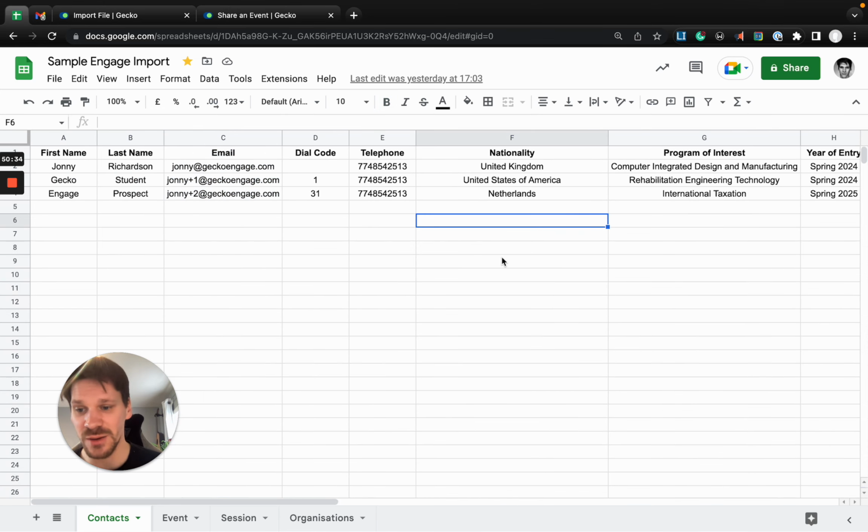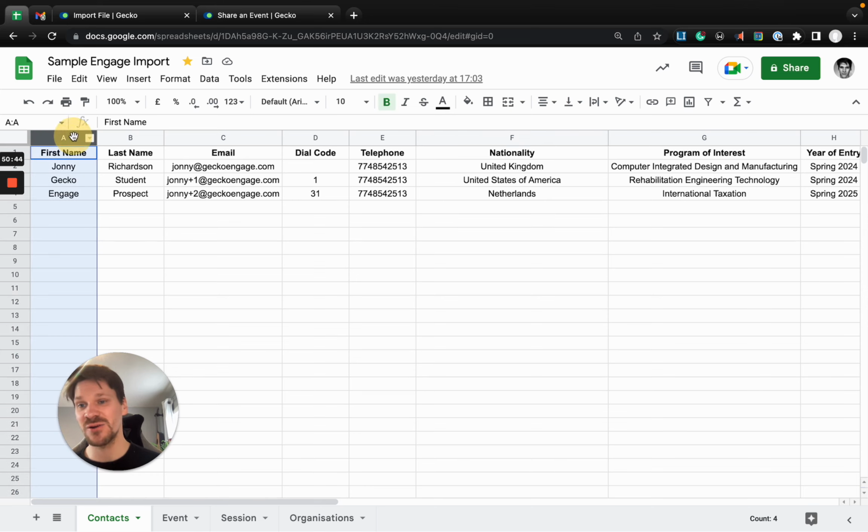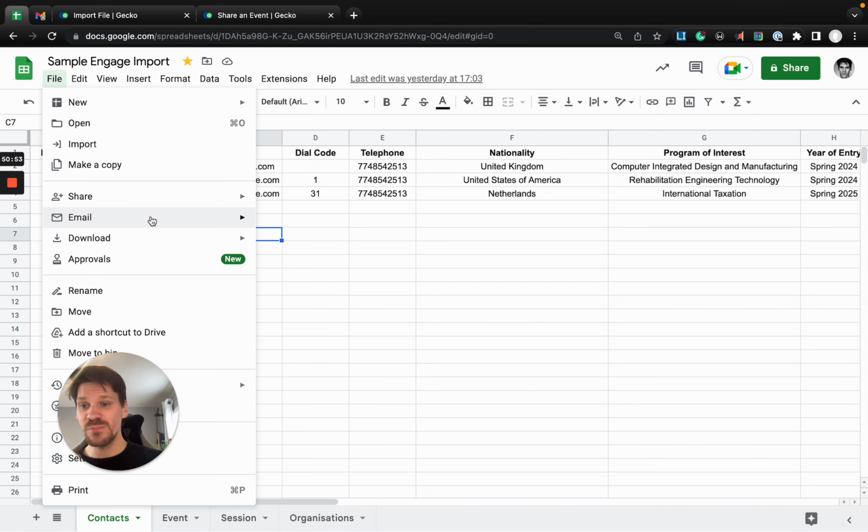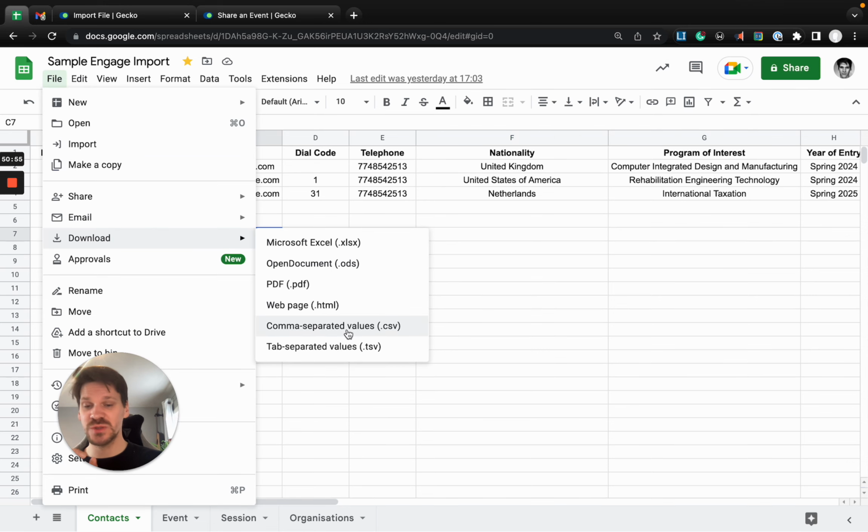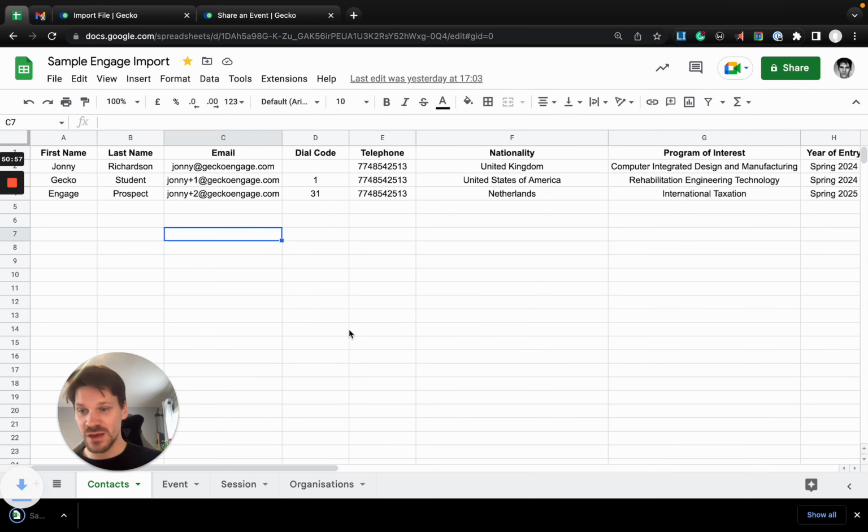Now, one of the lovely things about Gecko in this regard is that it does not matter how your import is structured. Gecko's really flexible to your needs. You don't necessarily need these to be separated. If your names are in the same field, concatenated, or last comma first, Gecko will support that. The important thing to do, though, is just download your spreadsheet as a CSV file,